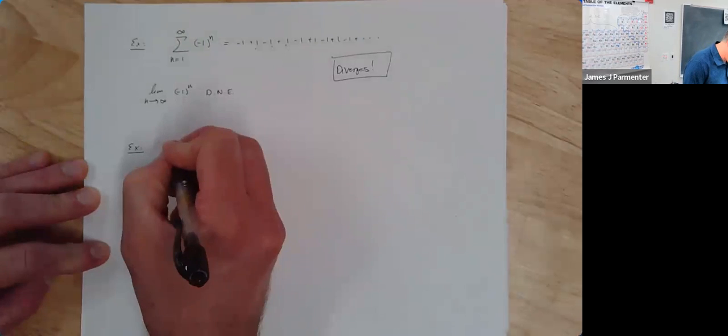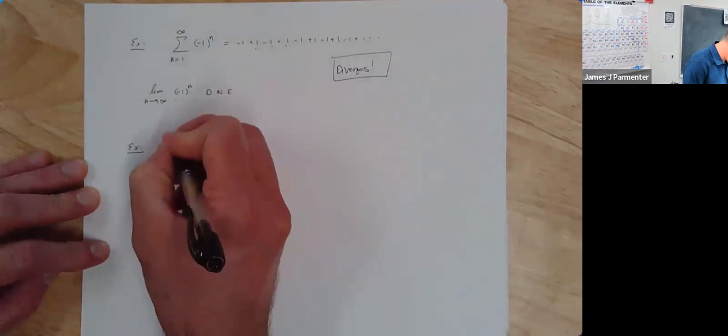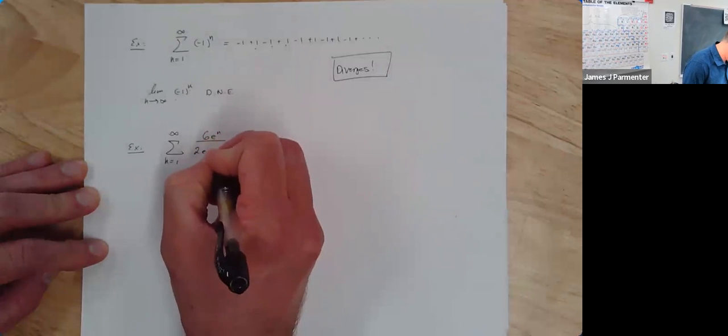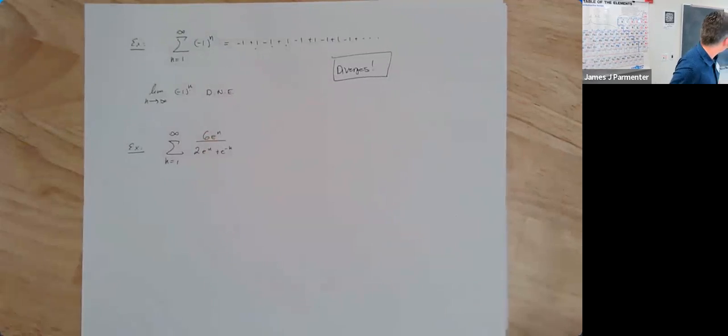What about the sum from n equals 1 to infinity of 6e to the n over 2e to the n plus e to the -n? That was terrible. Who came up with that? Always does it. So